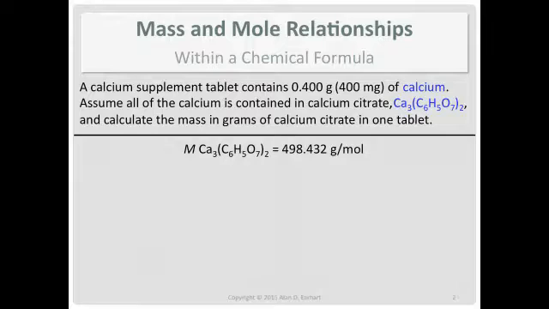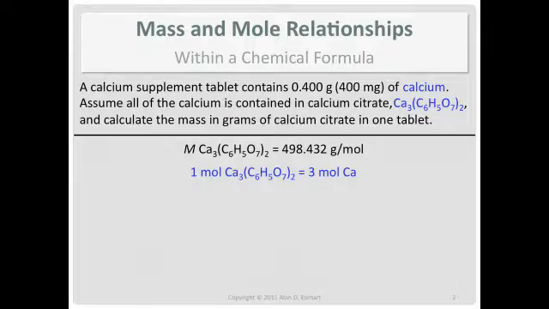Well, we're given how much calcium is in the tablet, and we're converting that to calcium citrate. So look at the chemical formula of calcium citrate. How many calciums are in it? There are 3. And when I write that down, I don't mean a literal equal sign, because 1 mole of calcium citrate is more than 3 moles of calcium. What I mean is an equivalency. If I give you 1 mole of that compound, it will have 3 moles of calcium in it.